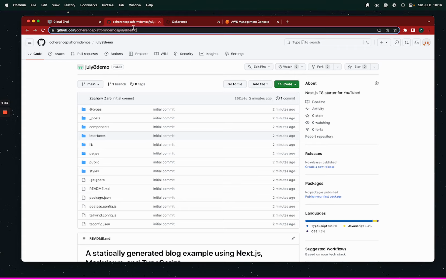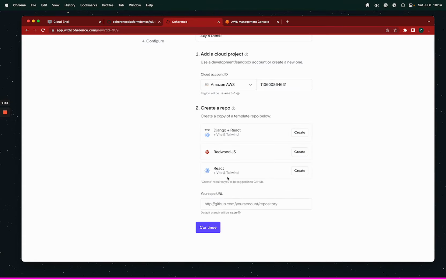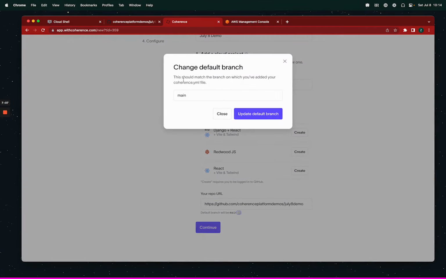I've got my repo I created. We do have starters, you know, Redwood, React, Django, and React. You could use those instead of your normal flow if you were really just starting a brand new project on Coherence. Usually that's not what happens, and then, you know, because this is a new project and I'm on main,